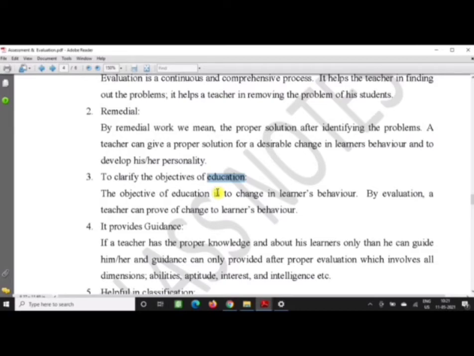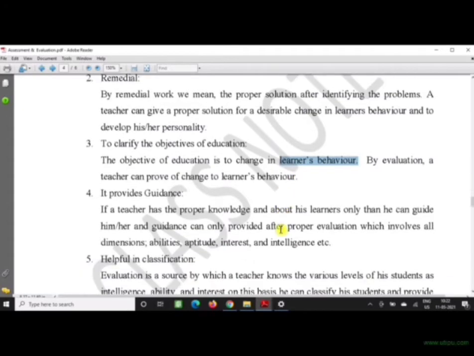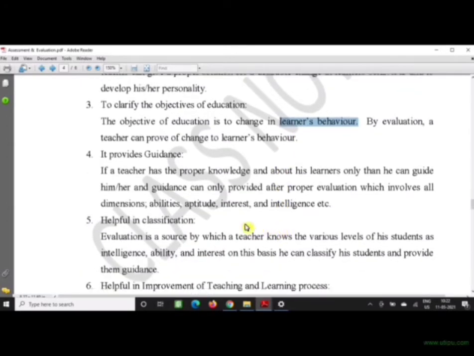Also, these students should develop positive behavior, positive personality, positive emotions. They should be able to control their emotions. So this evaluation will help the teacher to help the child to change his or her behavior.